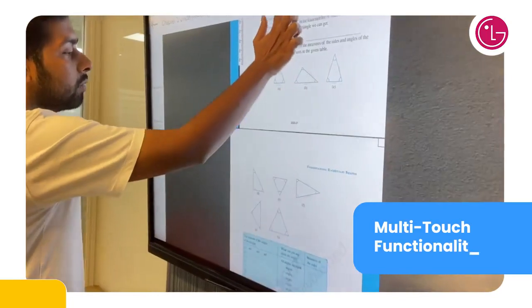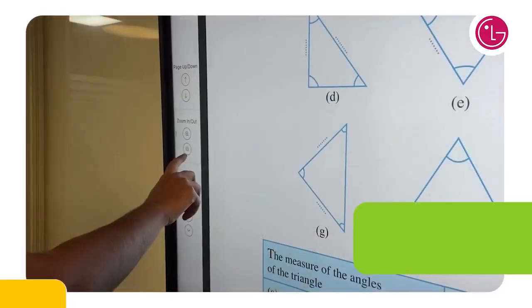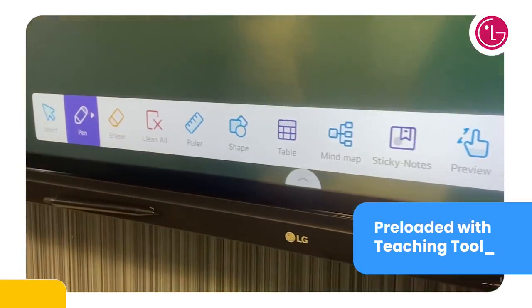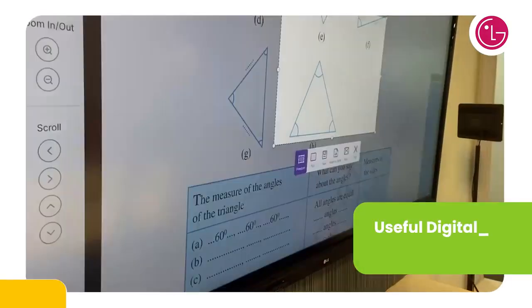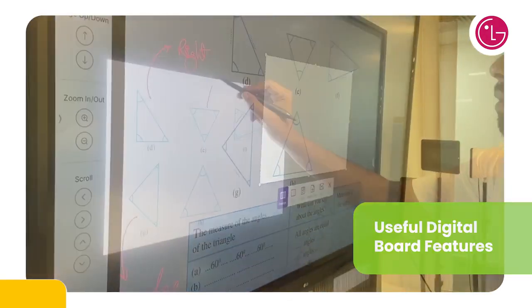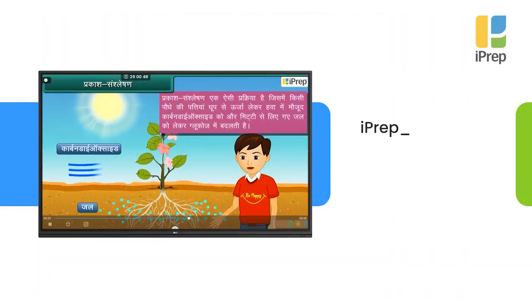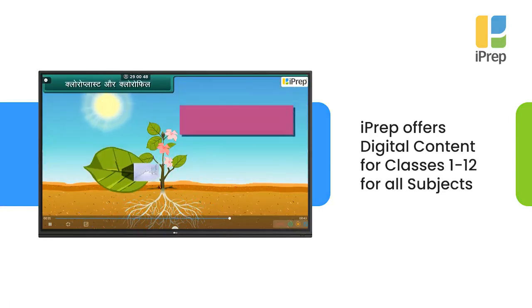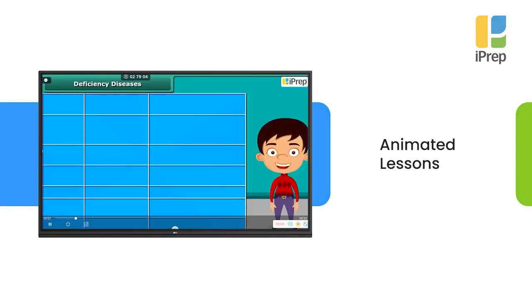They feature multi-touch functionality for classroom collaboration, and teachers can use them as interactive whiteboards. Teaching tools like rulers, shapes, tables, together with features to import images, take screenshots and more, can make classes engaging and joyful. LG panels are perfect for iPrep, providing flicker-free, high-definition screens for various categories of digital learning content such